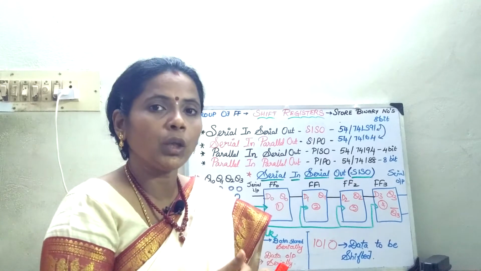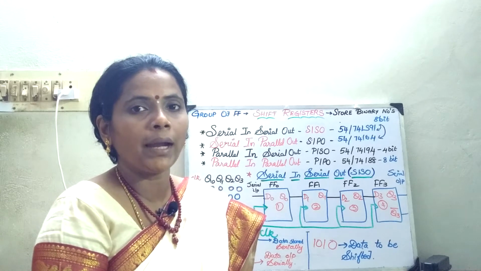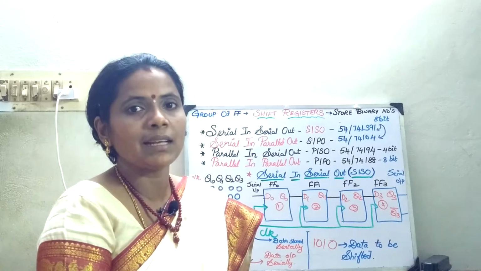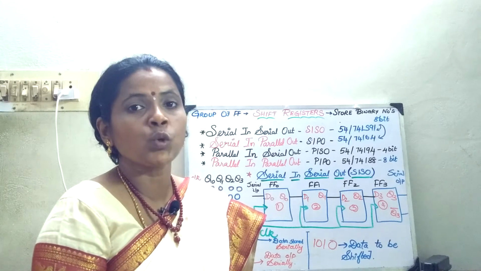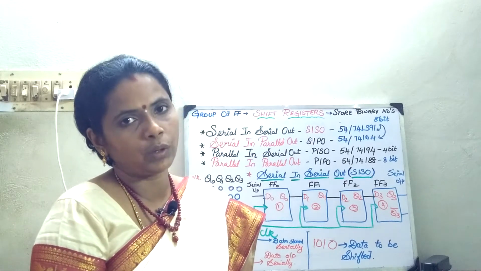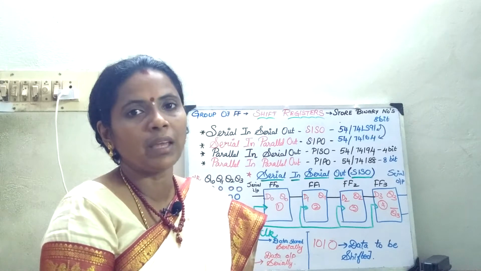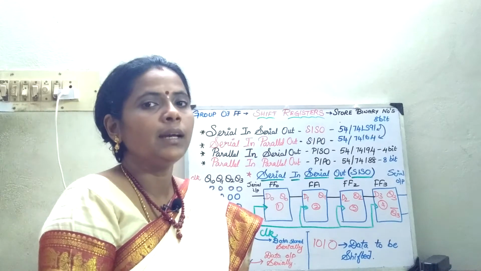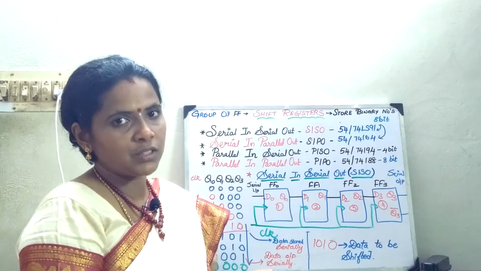Then moving on to the counters, a counter is a device which is used to provide the clocking signal sequence. And when you move on to the memory, it is used for storing the programs. Thus, these three entities form the basis for the design of digital systems. Now, we will see about the shift register.